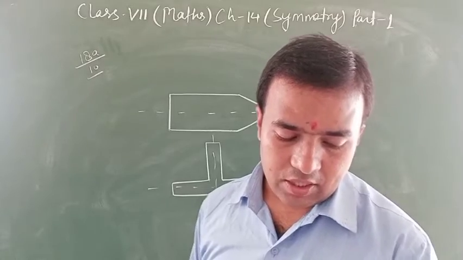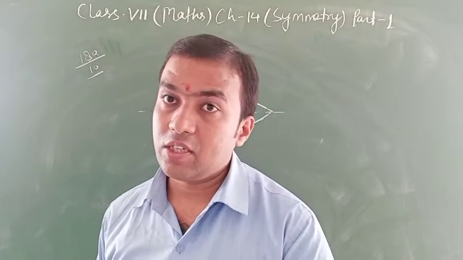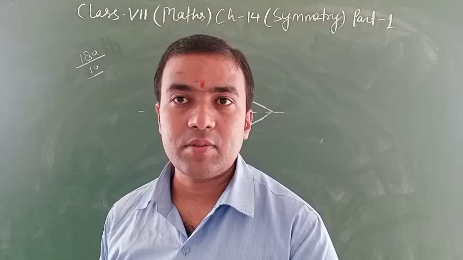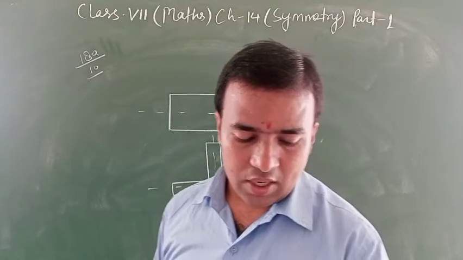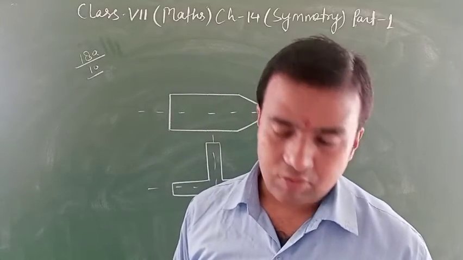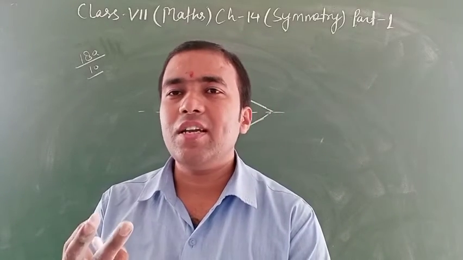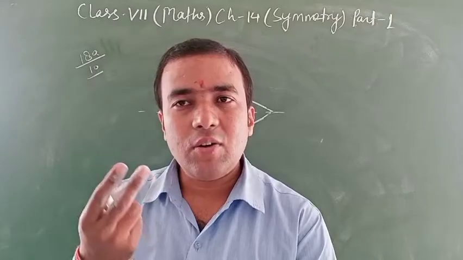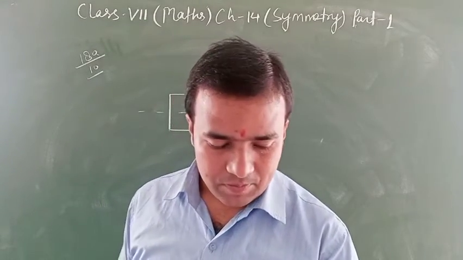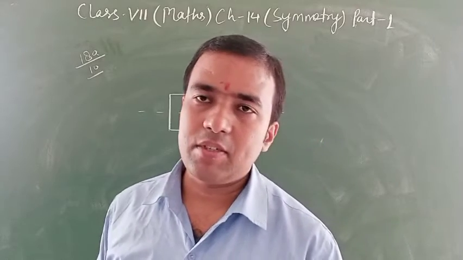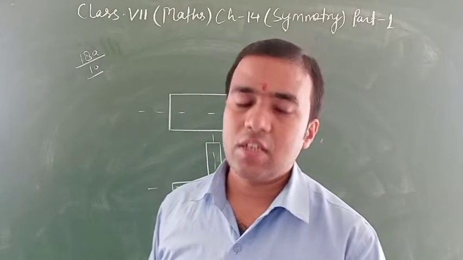An equilateral triangle has 3 lines of symmetry. So in an equilateral triangle I told you 3 lines of symmetry. That is also true. A rhombus has 4 lines of symmetry, which is false. But there are 2 diagonals. Clear? So how can we say that there are 4 lines of symmetry? Clear? A square has 4 lines of symmetry. It is also true.